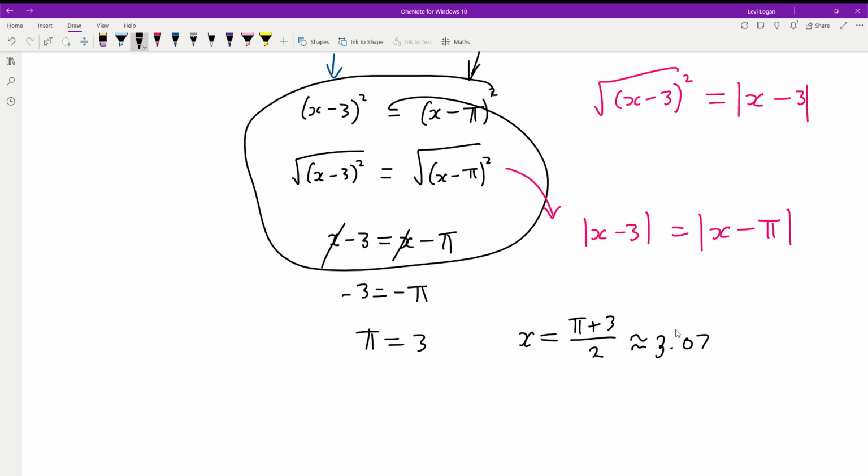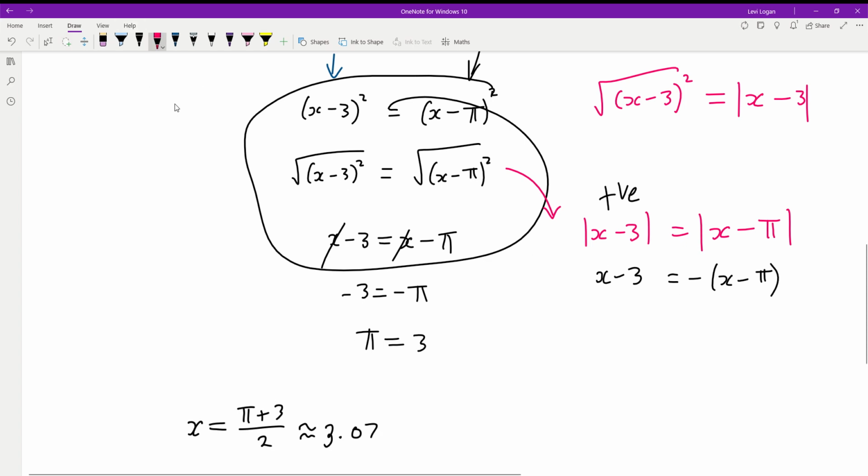Okay? Now we know that x is pi plus 3 on 2, which is approximately 3.07. So if you put this number in here, you're going to get a positive value regardless if the absolute values were there or not. So what we can do is just get rid of those and just have x minus 3. However, if we put this number in here, you're going to get a negative value. So to account for that, you need to put a minus in front of the entire thing. Okay? So continuing on our little proof here,